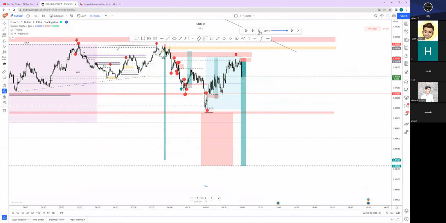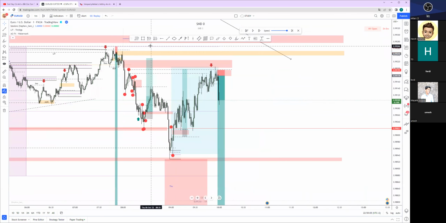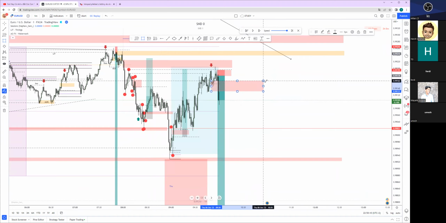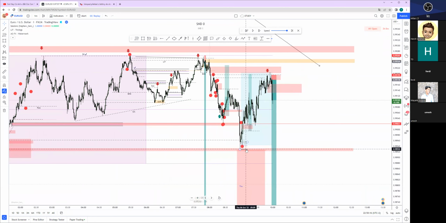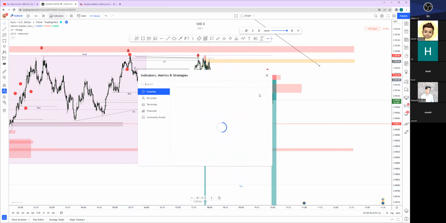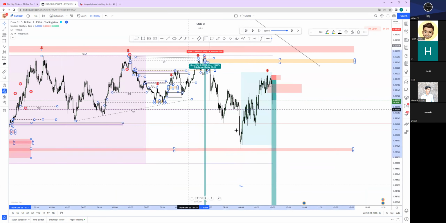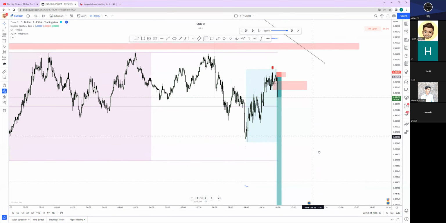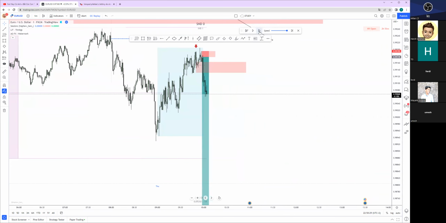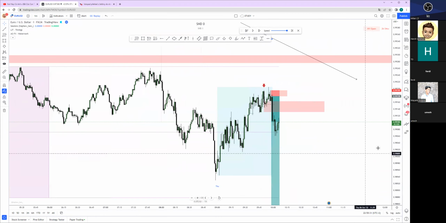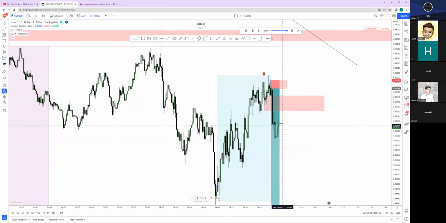Let's just play it out. There's still imbalance within here, but we mitigated the extreme too many times. Oh, let me delete all of this. Yeah, let's delete all of this. And yeah, let's continue. So there was no possible re-entry, I think. A mitigation here would be possible,